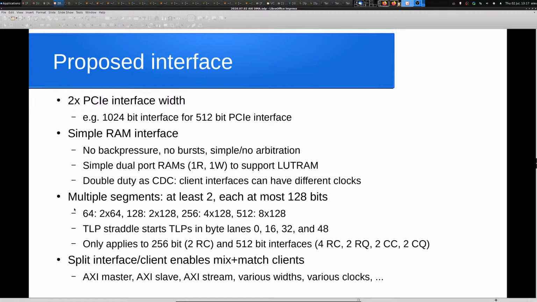Another feature is we're going to use at least 2 segments, each at most 128 bits. So that means we should be able to sync operations even with straddling turned on, once we get around to actually implementing that. The nice thing about the split interface and client setup is it allows you to mix and match clients as well. So right now for Corundum we're using only AXI Stream, but it would be possible to have a combination of AXI Stream, AXI Masters, AXI Slaves, various widths, various clocks, whatever, and everything will just hopefully